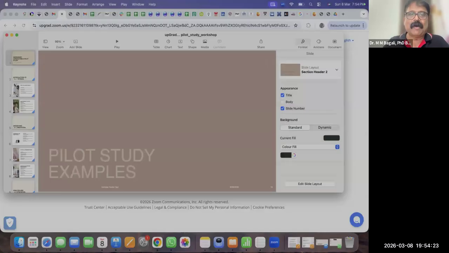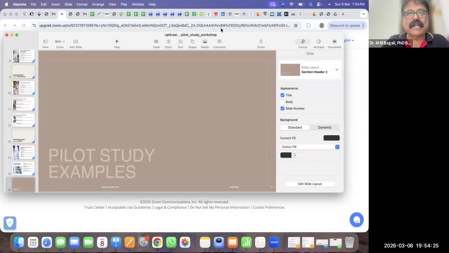So this is about the advantages, why you need to have a pilot study, and what the advantages and challenges are. Obviously you all have done it, but nevertheless, Clinton asked a very good question: should we have one or two pilot studies? I'm sure it depends on your research design.